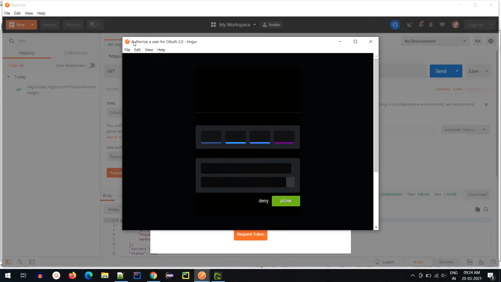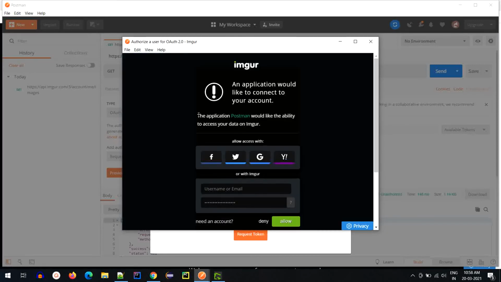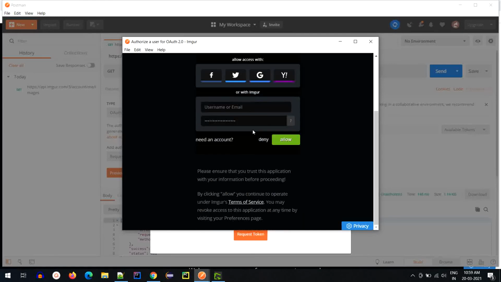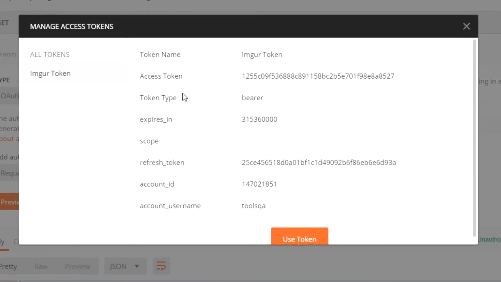Here we see it is trying to authorize a user for OAuth 2. So here Imager asks for our permission to allow Postman to use our data on Imager. So we'll just log in using our username and password and say allow. And here we see we have received an access token along with a refresh token.